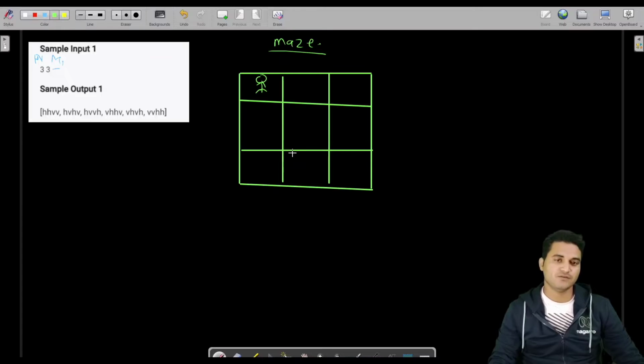What you have to do is move from here to the bottom right. This is the destination, and this is your source. You have to collect all the paths to reach here from here, following the rules.